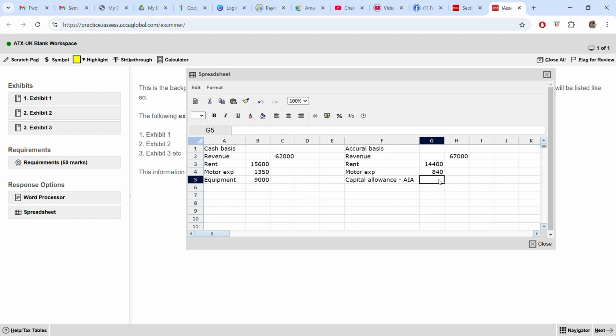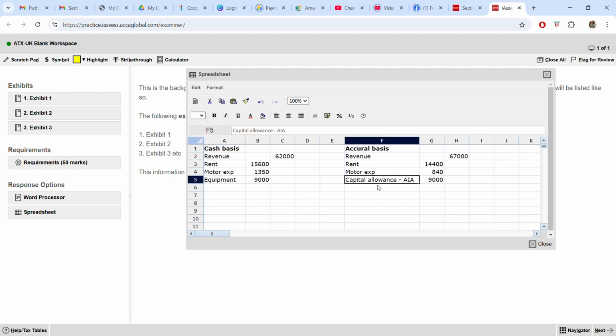When we go to AIA, we'll know the limit, some 2 million. So the entire 9,000, the cost you incurred buying the equipment, you can deduct by claiming capital allowance. But this capital allowance you can only claim under accrual basis,